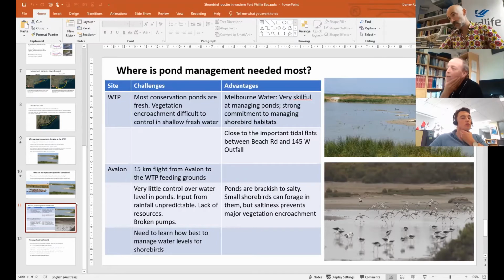So if you look at the pictures on the right, top right is the Western Treatment Plant, a freshwater pond. You see those exposed areas of mud. They're exposed because Melbourne Water had drawn them down at the time the photograph was taken. Fantastic. That site will be great shorebird habitat for a month or so. If